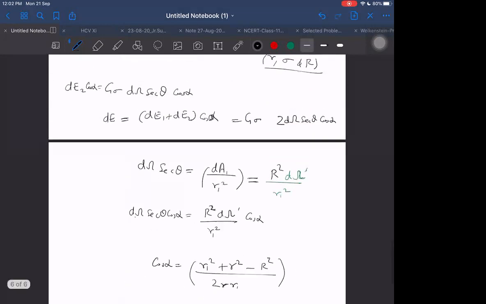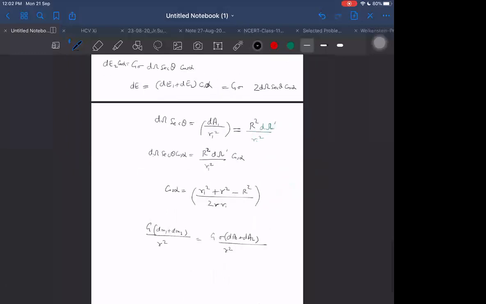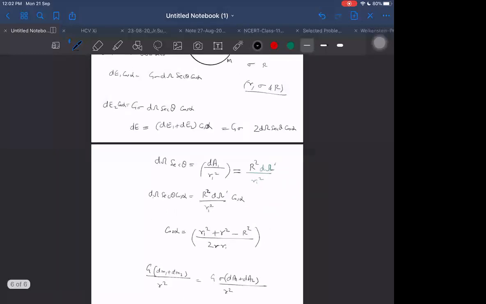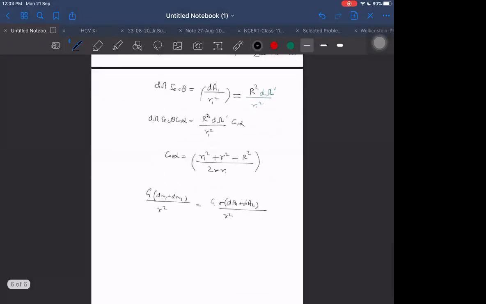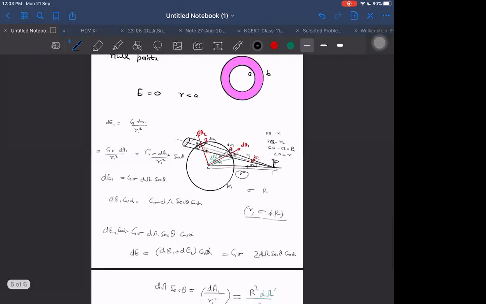Now here, does it look like that or not? I am thinking now. After putting cos alpha, is it coming out to be something like this or not? If it has to be equal to this, then cos alpha upon r1 square plus cos alpha upon r2 square should come out to be equal to dA1. That is smaller only, sir. You are expecting a capital R? I am expecting smaller only, because the distance from the center is smaller only.